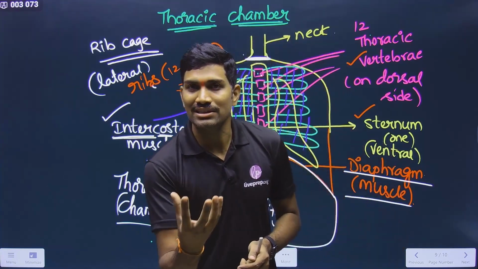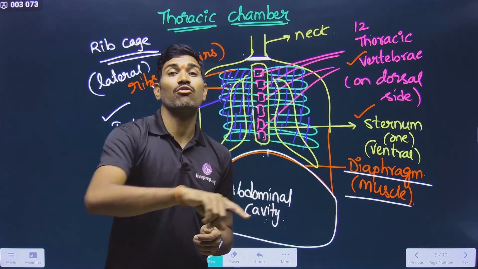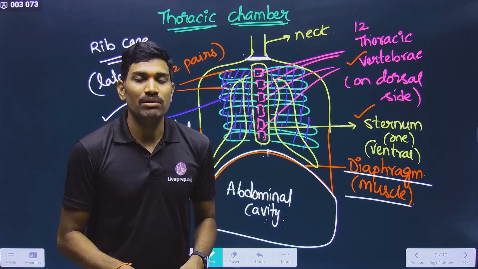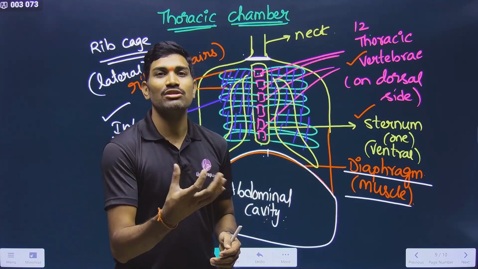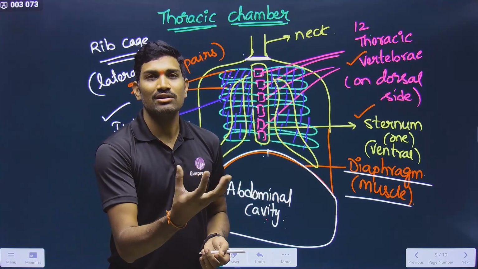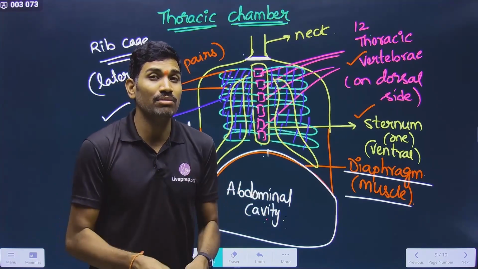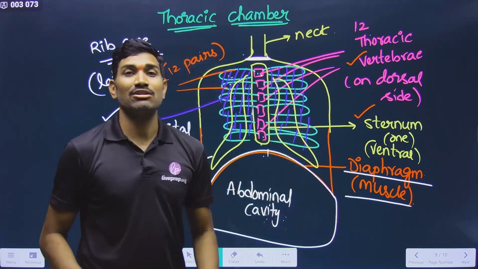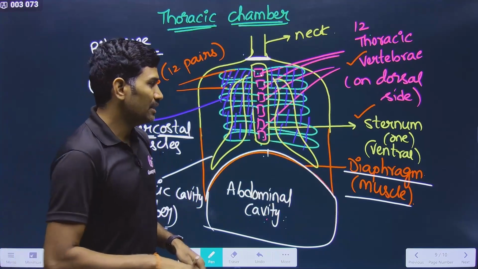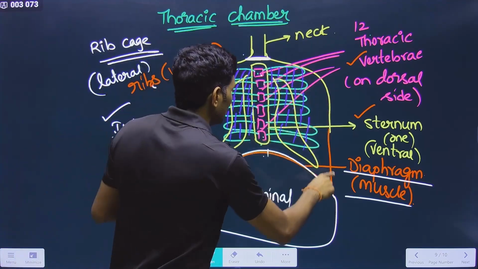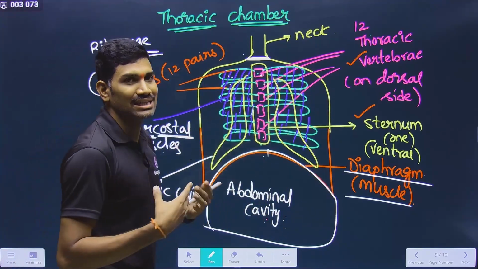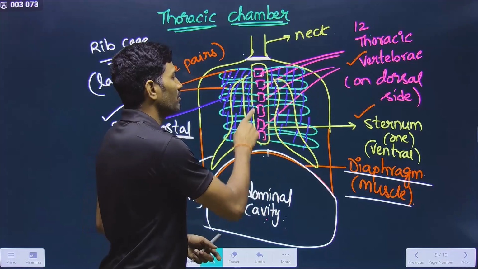So pressure of the lungs can be changed by changing the volume of the lungs. But the problem is lungs cannot contract on their own. If they were able to contract on their own, we could change the volume, and if the volume is changed, pressure will be changed. So that's why the lungs are present in an airtight container called the thoracic cavity, which is made up of dorsal,